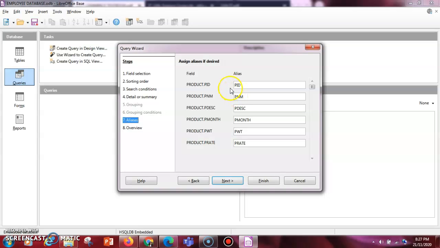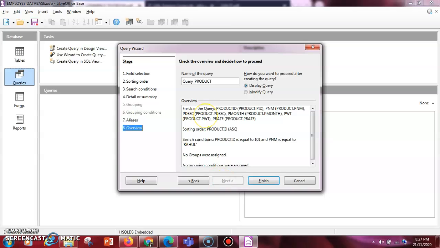Now the field name which I have given is PID. You can make another field name. Okay. So in the case of alias, what you can do, the alias is going to change your old field name to your new field name in the output of the query, and then type aliases for each field and click on the next button. Okay. So you can type the aliases here and you can click on the next button. Now I'm just changing the alias of one field and we'll just see. Okay. Now it's time to click on next. So this is the next.